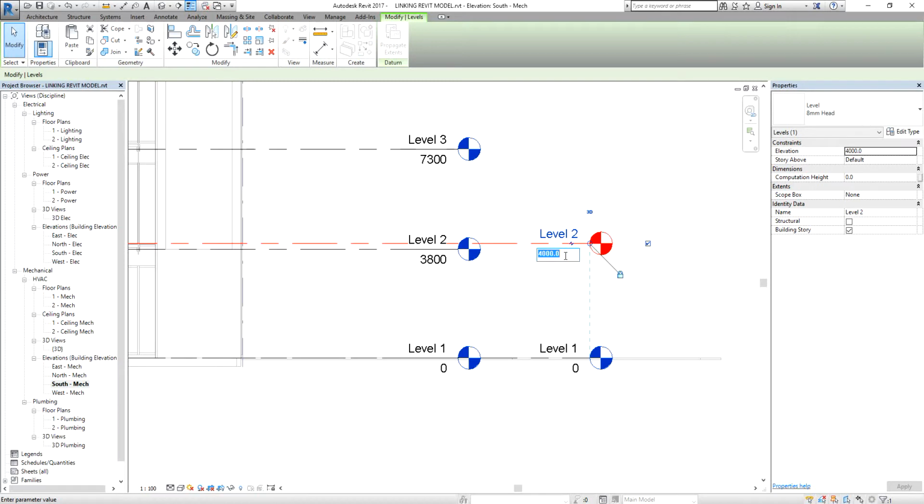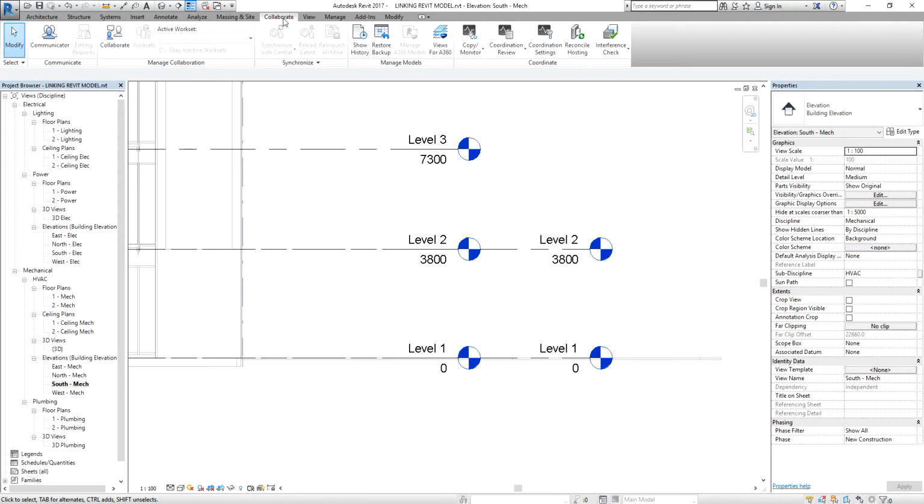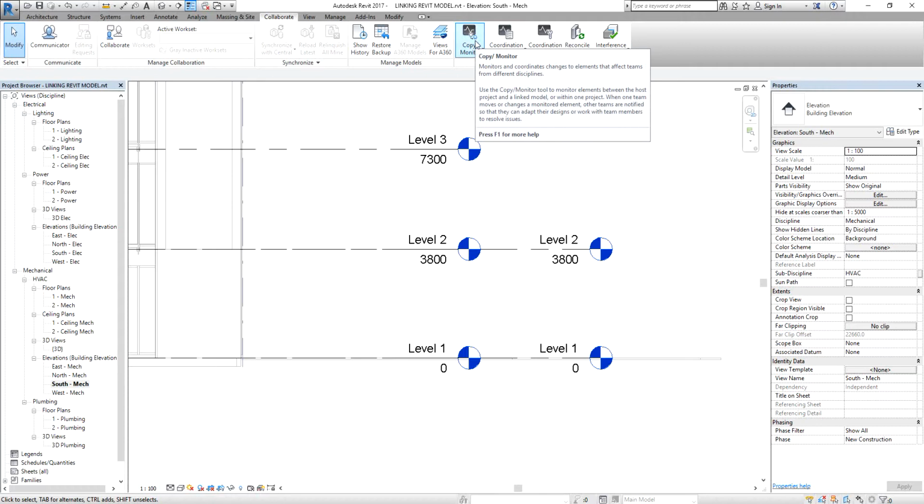So what I'm going to do is follow the level 2 of the link model. So this is our host. Of course, I need to follow the architecture side, so I'm going to key in 3800 here also. There you go. And then after that, I'm going to use the copy